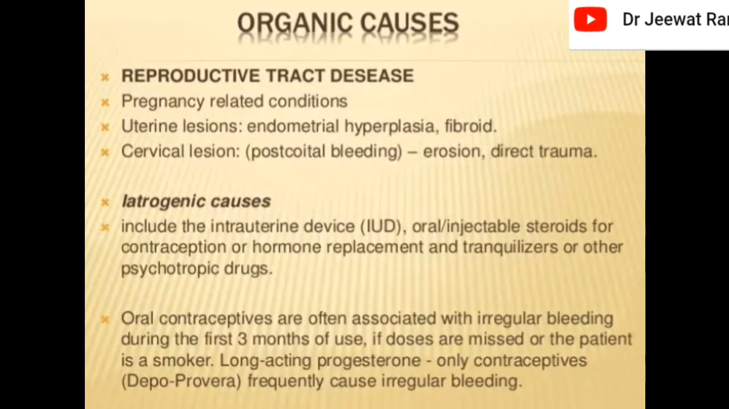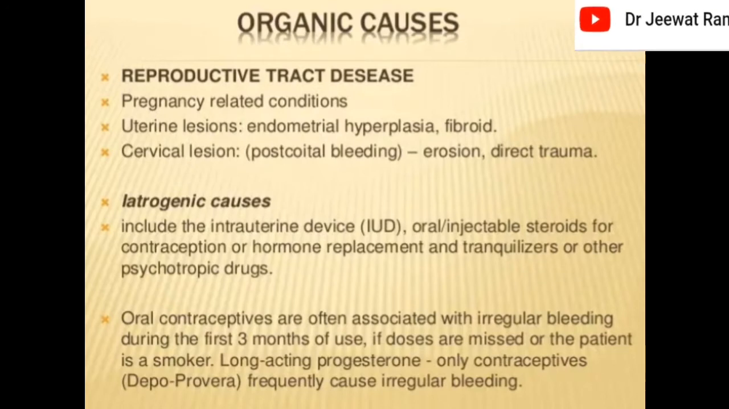Organic causes: reproductive tract disease, pregnancy-related conditions, uterine lesions, endometrial hyperplasia, fibroid, cervical lesion, postcoital bleeding, erosion, direct trauma. Iatrogenic causes include the intrauterine device, oral or injectable steroids for contraception or hormone replacement, and tranquilizers or other psychotropic drugs. Oral contraceptives are often associated with irregular bleeding during the first 3 months of use,